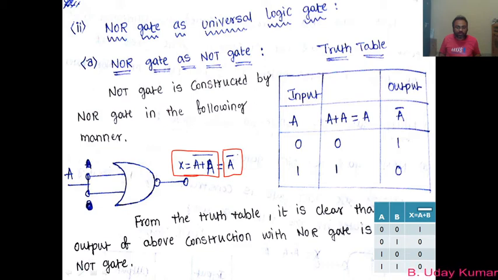So to find A bar, first of all you have to find A plus A bar, and to find A plus A bar, you have to find A plus A. That is what you have to understand. The input is taken as A, and in between, to find A bar, you have to find A plus A. So I have written A plus A here in between, which is also equal to A. This is the column that I have written to understand how we get A bar.